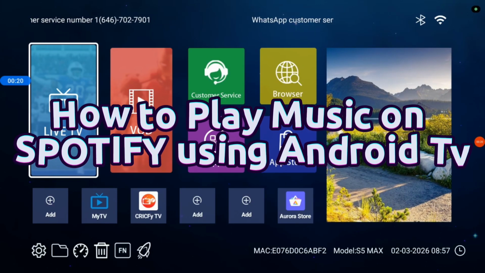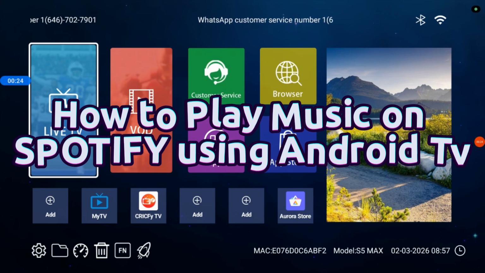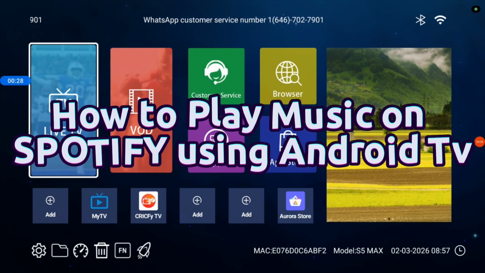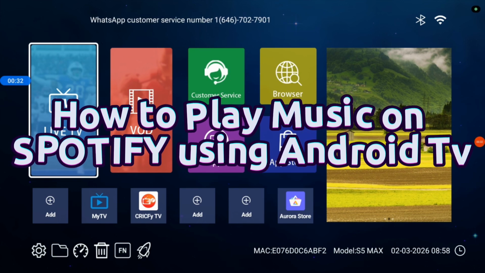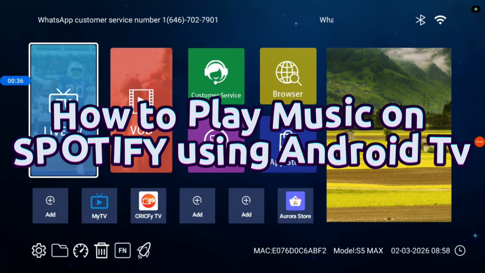apps, how to install apps using various methods on your Android TV, TV box, Google TV, or any device running an Android operating system. So in the previous videos, I showed you how to create a Spotify account and how to log into the account. So now I want you to go back and you'll be able to play music at the end of this